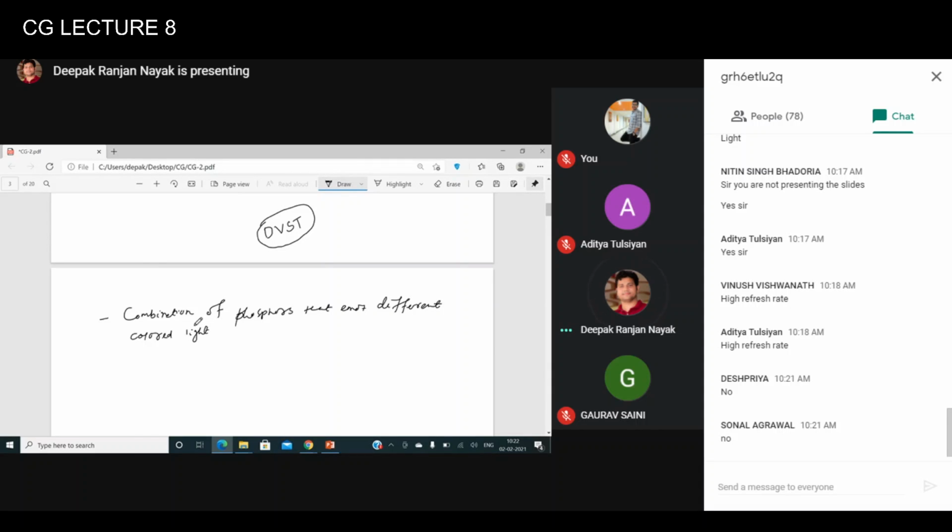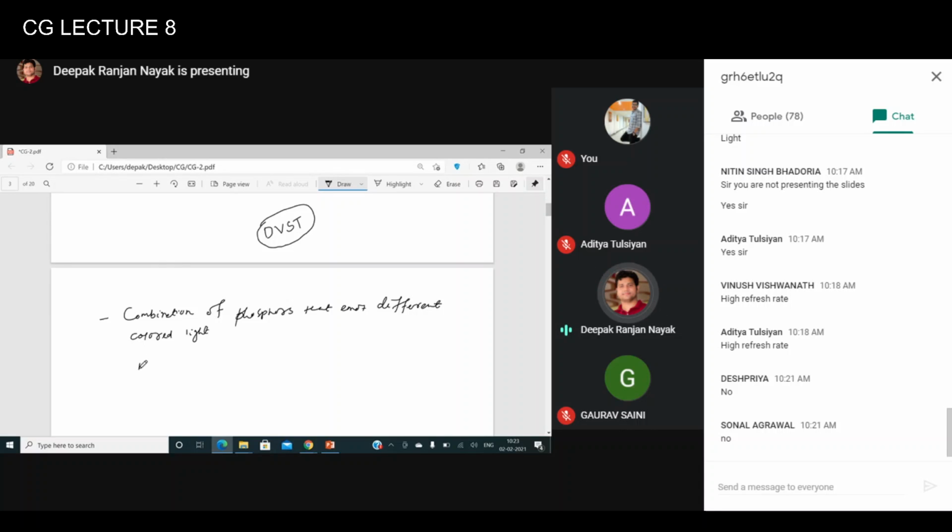By combining the light, I mean the emitted light from different phosphors, a range of colors are generated. So there are two basic techniques for producing the color displays with CRT.